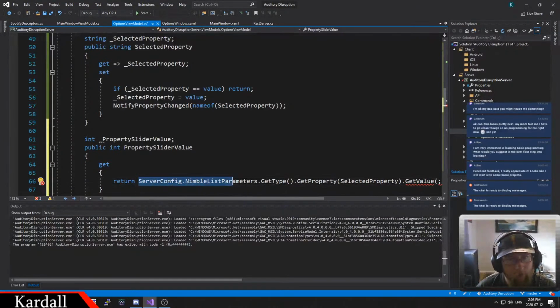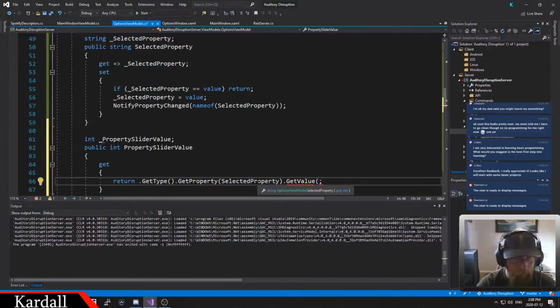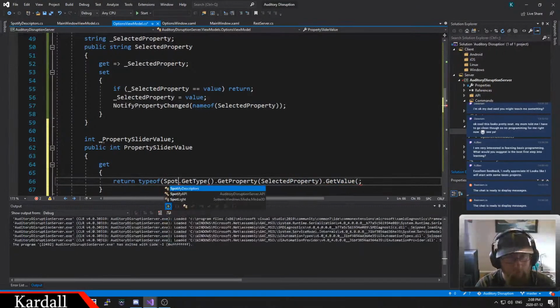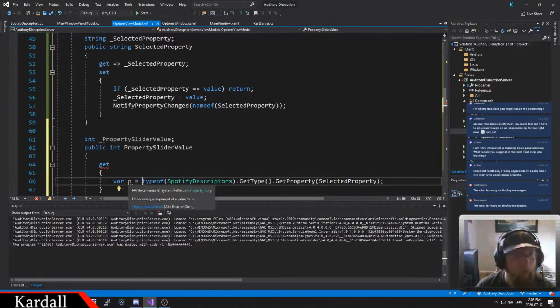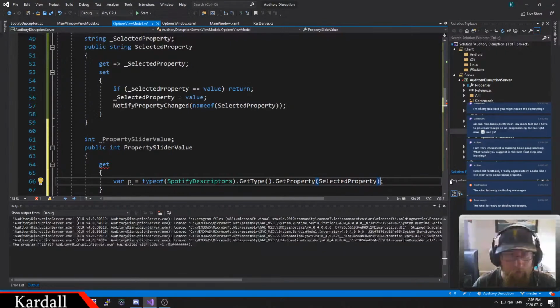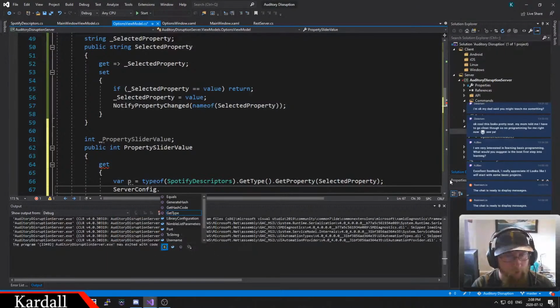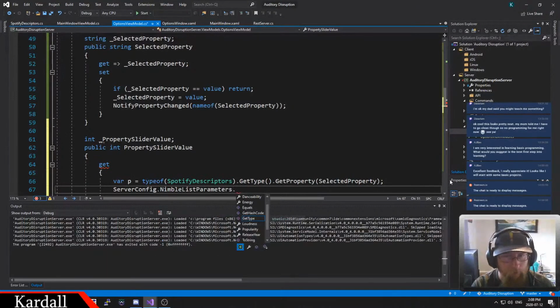I don't think that's how I do that. Get the property. So this should be a property info, right? Okay, so this is the property info. So can I do server config, NimbleList parameters,